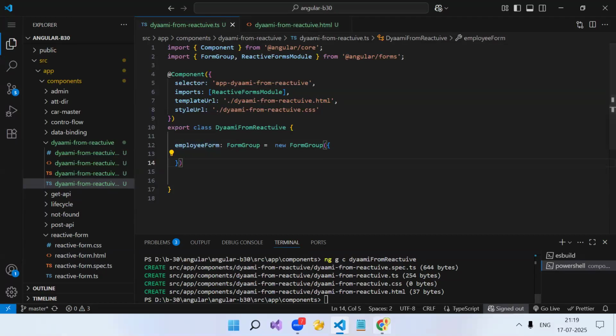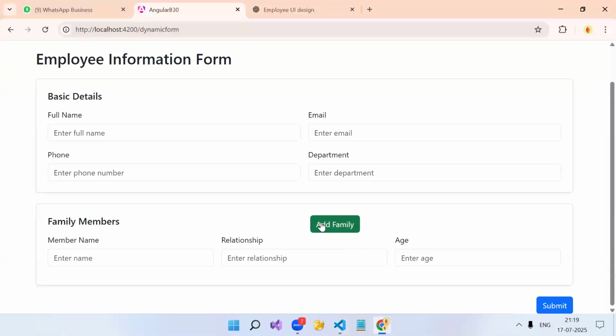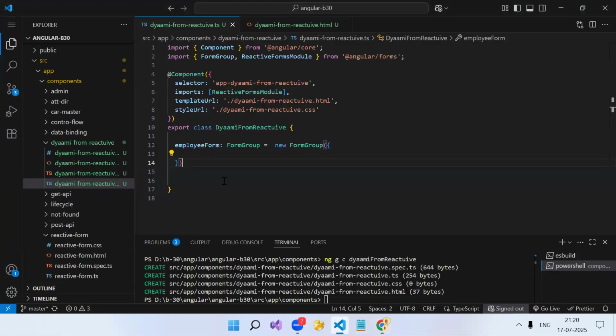Consider this is your UI. So on click of add, you are going to create a dynamic form in only the family member, not the whole form. Employee detail is going to be single. Just family member is going to be dynamic. So on click of add, just this row, these 3 text boxes will be populated again so that we can add the second family detail. Got it? Okay. So this is our idea, what we have to achieve.